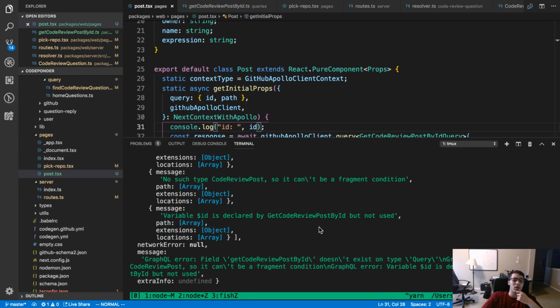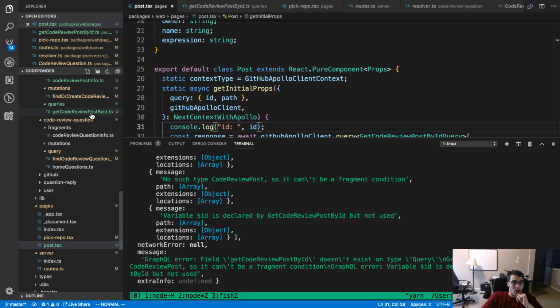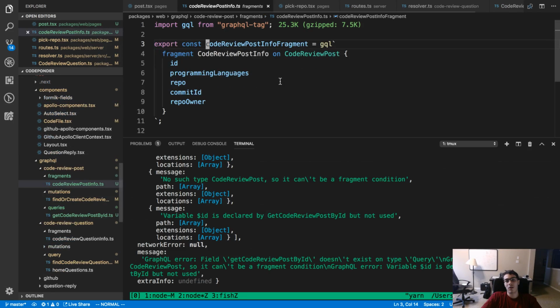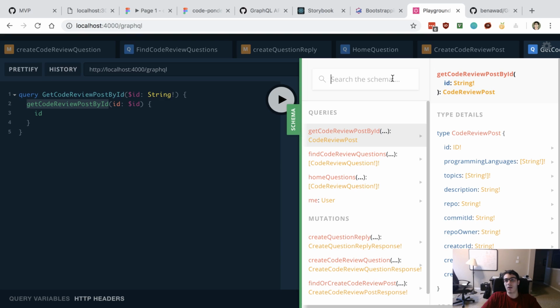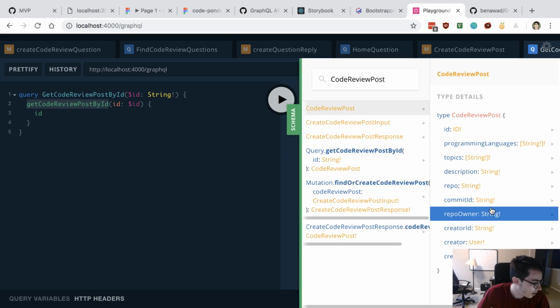Variable ID is declared by... but I am using it. This type does exist. All right, so something wonky is going on. We're gonna have to debug what's going on with this. I'm not sure why I'm getting this.